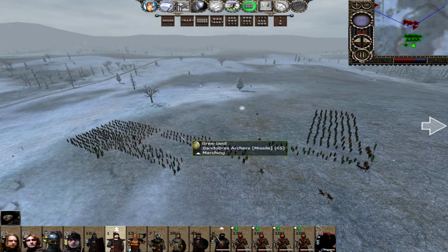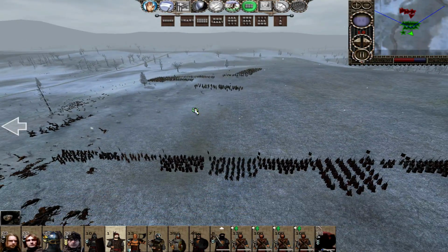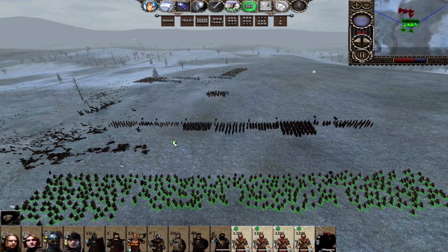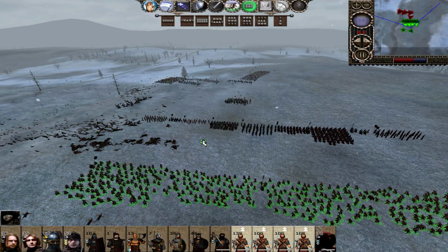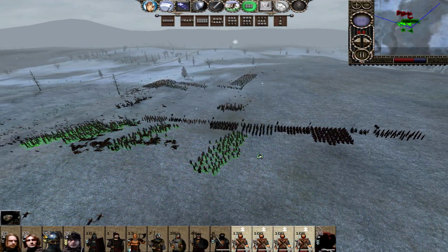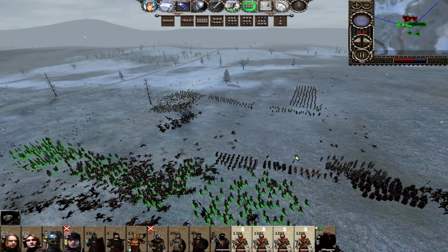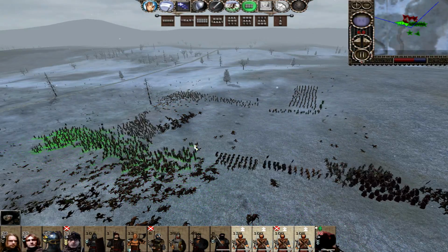Farmhand pikemen and... Oh, this is all hobbits again, isn't it? Oh yeah, this is going to be so easy. And all of a sudden, where there was nobody, suddenly the hobbits are faced with an army of archers.